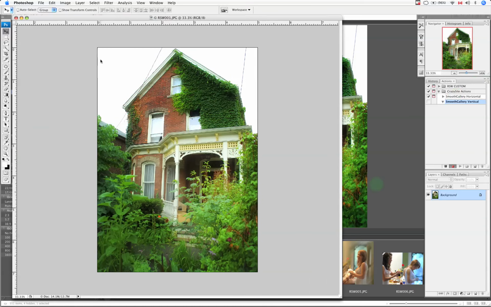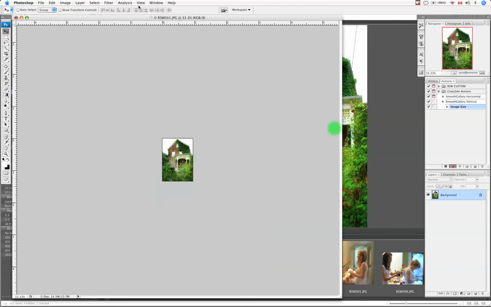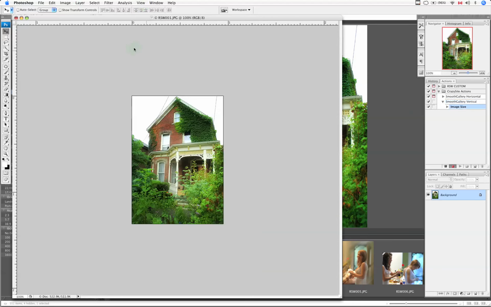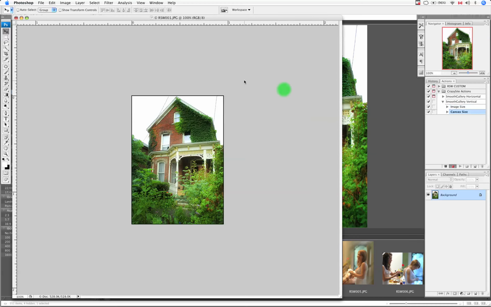And in this case, it's the height we're concerned with, and so we want a 500 pixel dimension there as a maximum. You can go up to 520, but with the same settings as before, all three checked and bicubic sharper. Hit OK. I'm just going to have it actual size so I can see, and then we're going to add a canvas, and again pixels, black, and I'm going to make that 2 pixels width and height for that little bit of definition. And then we go to save for web and devices,